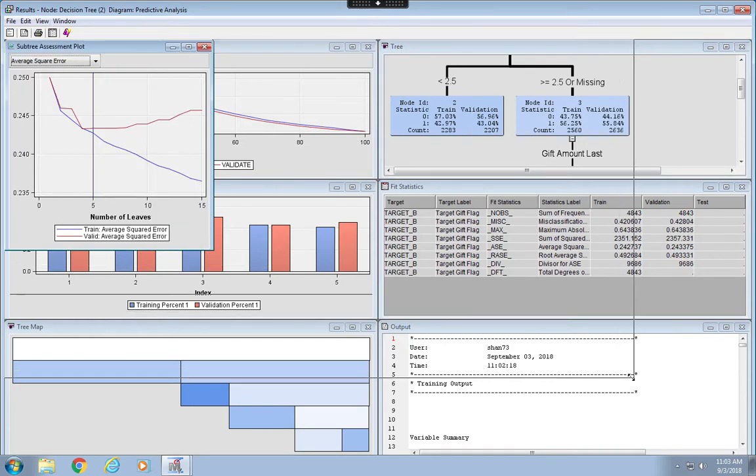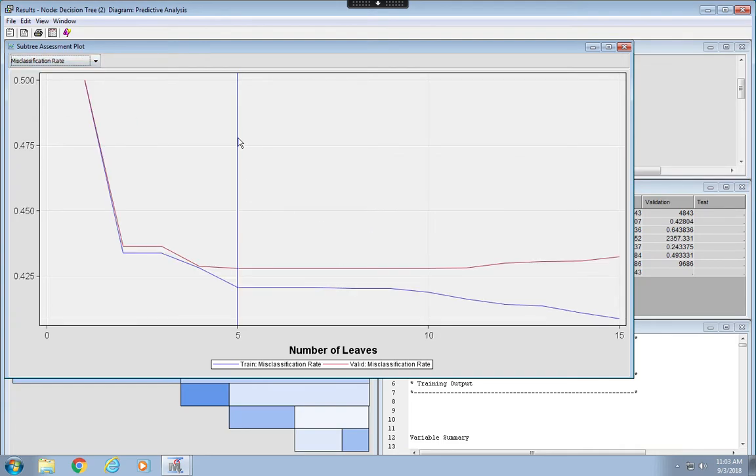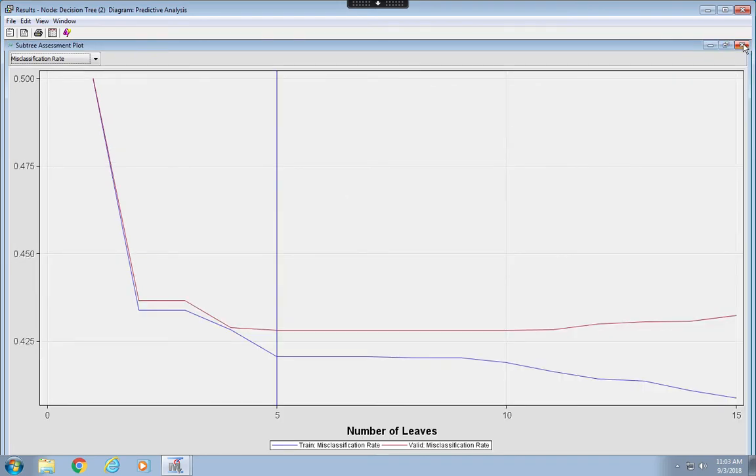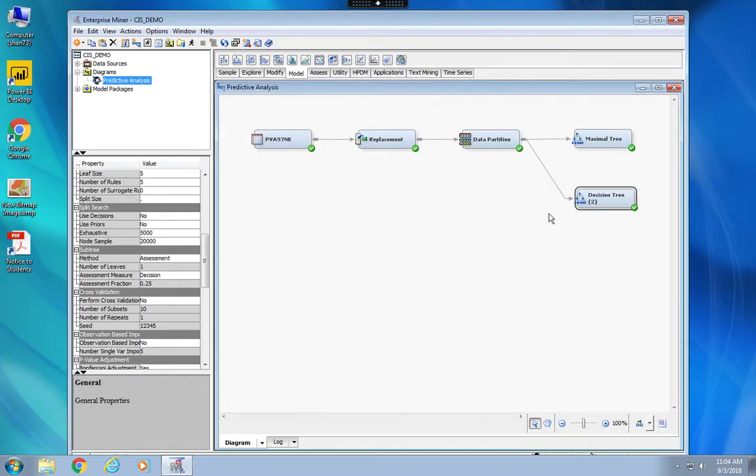And as you expected, now if I change the assessment measure to misclassification rate, it clearly displays that a tree with only 5 leaves can help us achieve our goal, which is minimizing misclassification rates. So a tree with 5 leaves is chosen. So I'm going to restore this and exit the results table entirely. And I'm going to bring in our third decision tree,